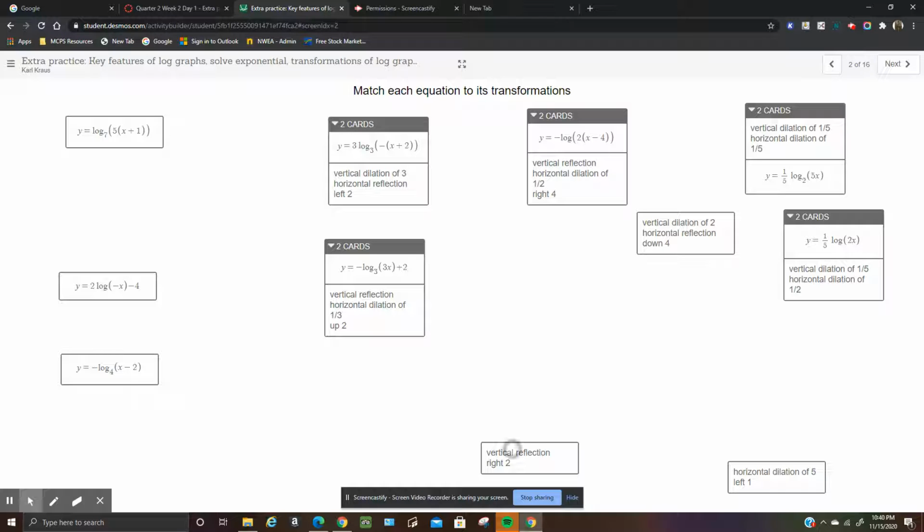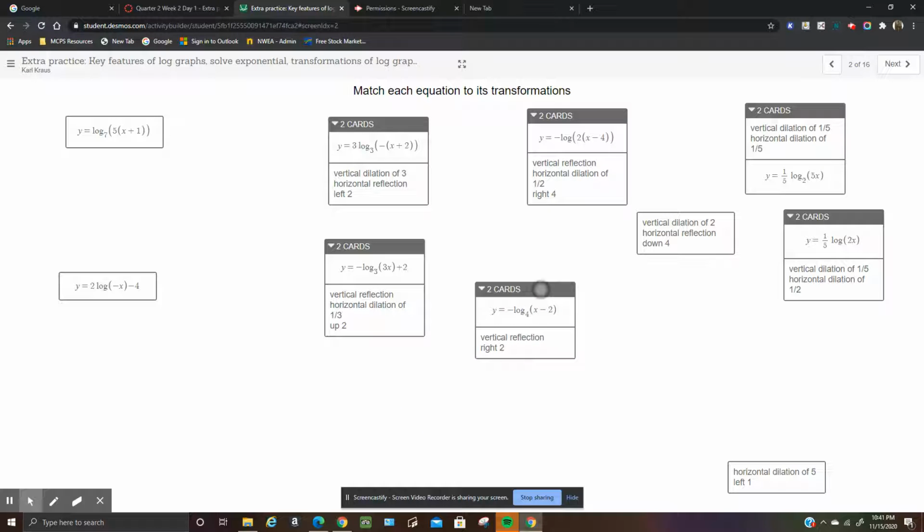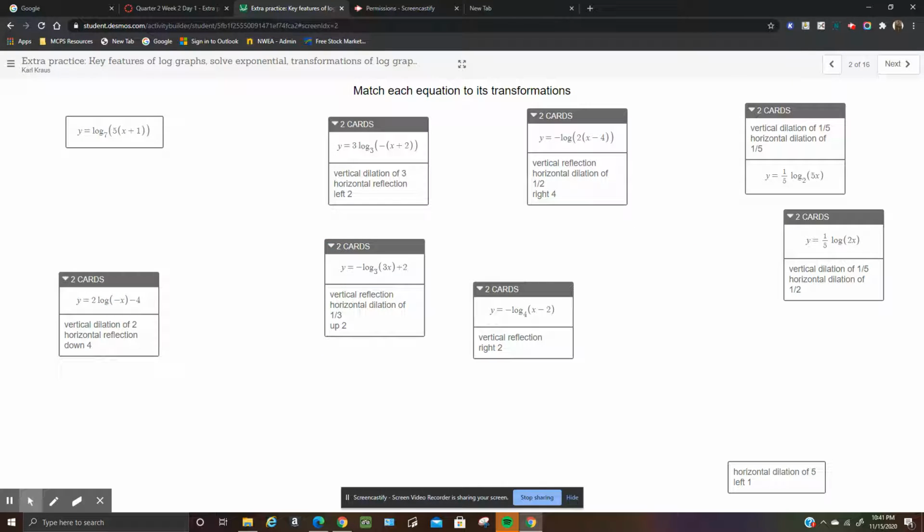It goes here. And then vertical dilation of 2. So one goes at that one, and then the last one, horizontal. So let's read the rest of this. Vertical dilation 2, horizontal reflection is this negative, so reflected over the y-axis and down 4. And then the last one,